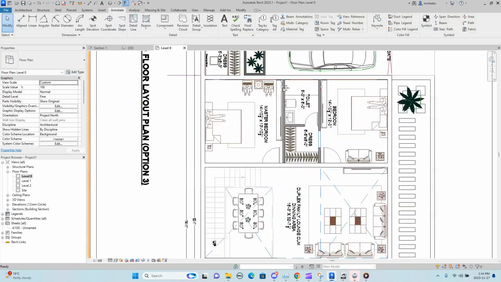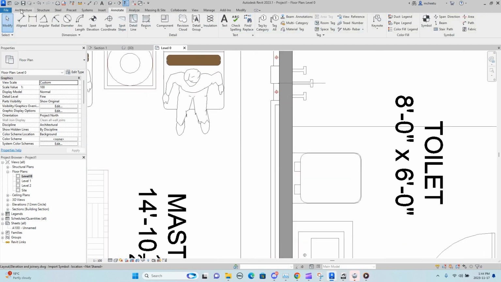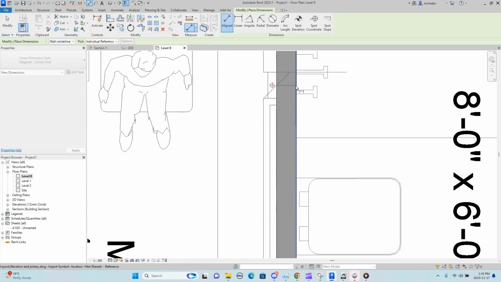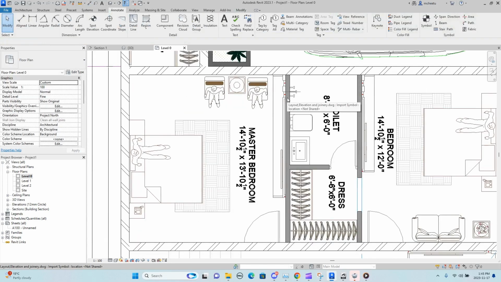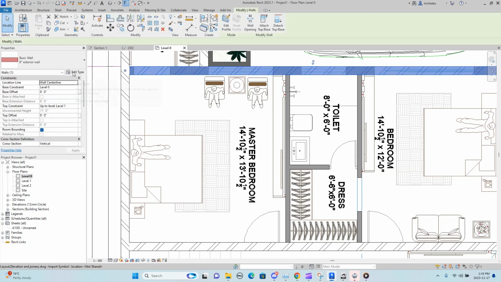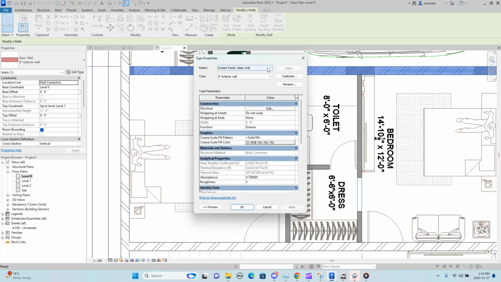What else we have? Okay, let's check what's the dimension of this wall. So this is a 4.5 inches wall, so we need to create a 4.5 inches wall as we created the 9 inches wall. So what we're gonna do is go to edit, select the wall, go to edit type, duplicate, and then rename it, or actually give the name to the new wall, 4.5 inches. Interior wall,